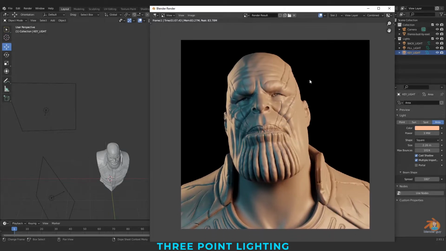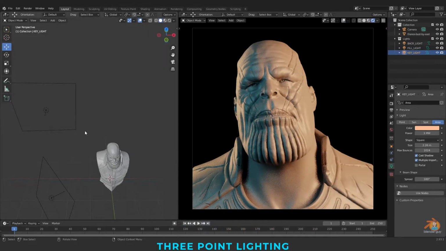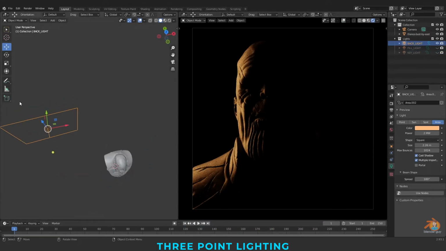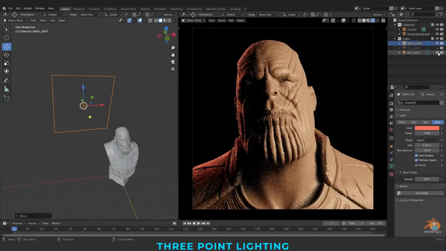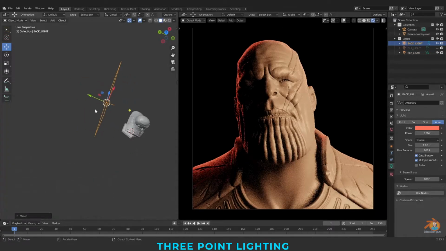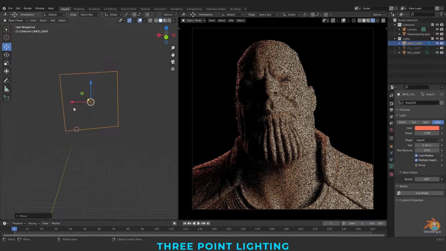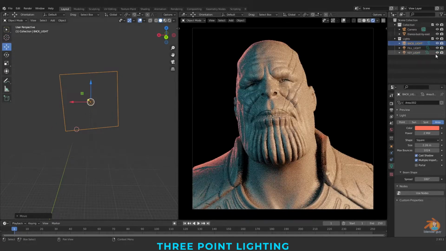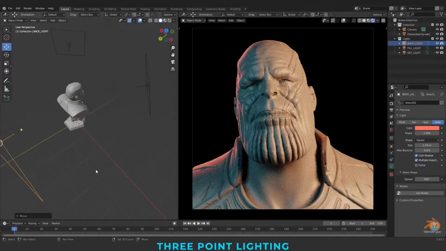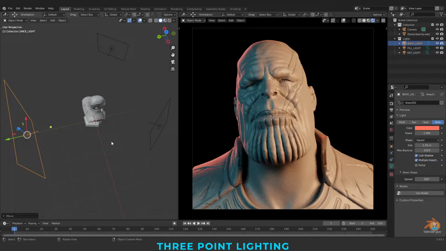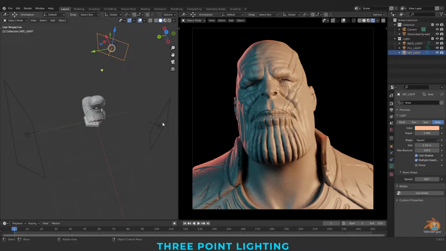Also let me tweak things a bit. So this is 3-point lighting: a key light, a fill light, and a backlight. For differentiation, I have given colors for them.